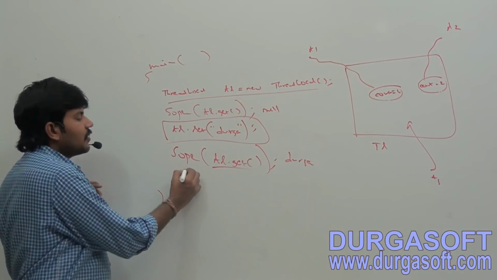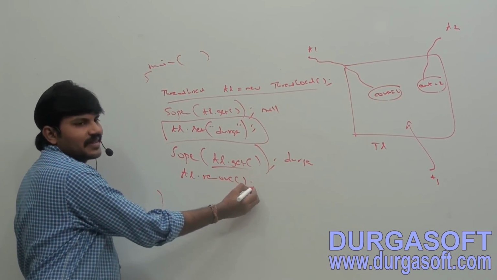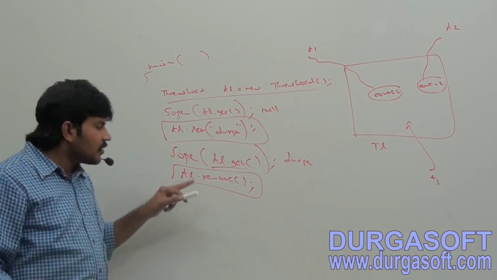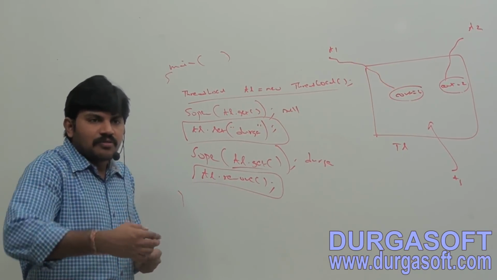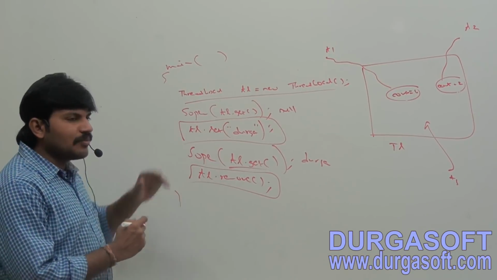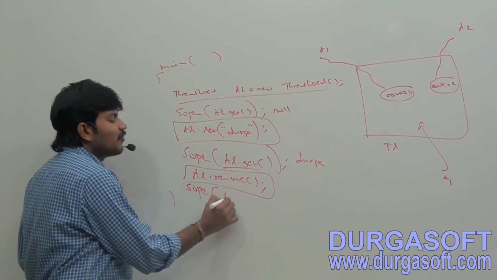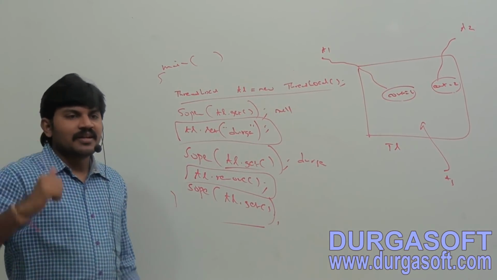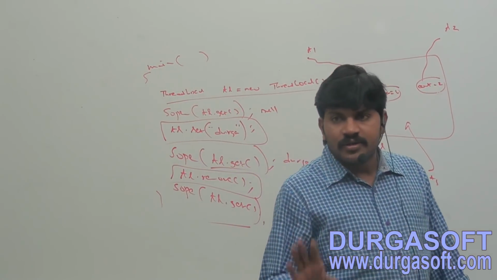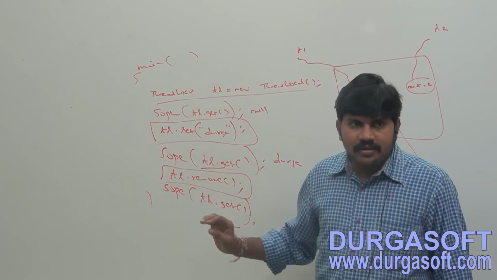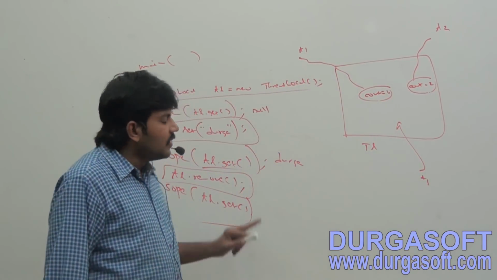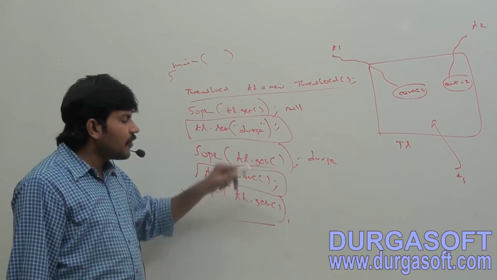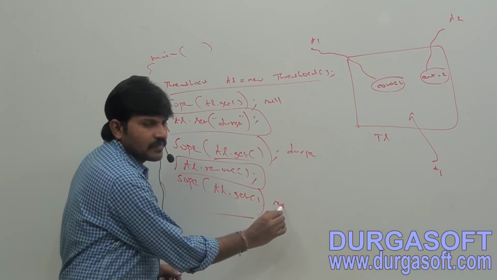Now, what about the TL.remove method? TL.remove. Sir, this line executed by which thread? Main thread. Now, in the ThreadLocal, the main thread related value will be removed. After removing, now I'm asking System.out.println TL.get. Now the main thread is asking once again, hey, can you please provide my value? Can you tell what value I'm going to get? After remove, if a thread tries to access the ThreadLocal variable once again, then the initialValue method is internally called once again. Default initial value is nothing but null. Are you getting the point, right?